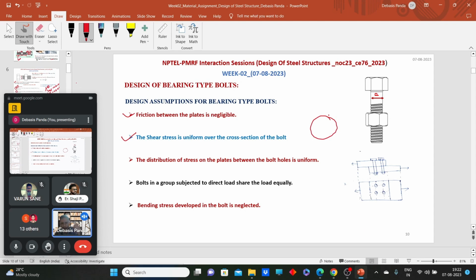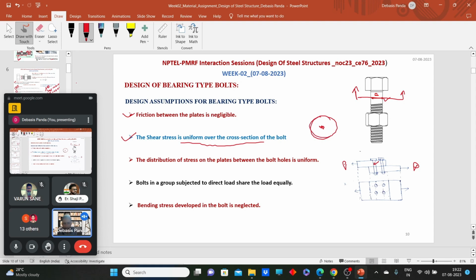Now, let me try to elaborate these things. The shear stress is uniform over the cross section of the bolt. Say I have put the bolt here and am applying the load, and now I cut a cross section over here. Now I am trying to find out what is the stress concentration over this cross-sectional area. So where will the stresses be more,